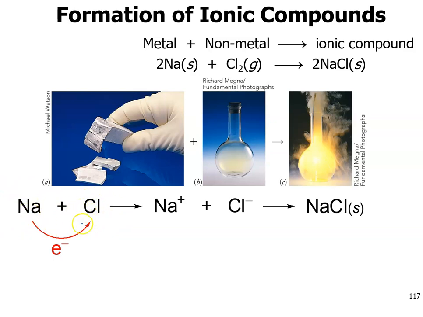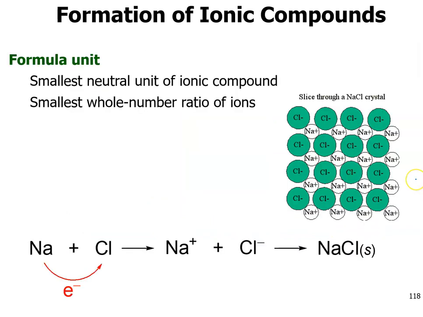So when that happens, we get a positively charged sodium because the negatively charged electron left, and then it bumped onto the chlorine, or the chloride now. So this is the ionic form of both of these. And then when they come together, they will create a salt compound. Typically when we're looking at ionic compounds,